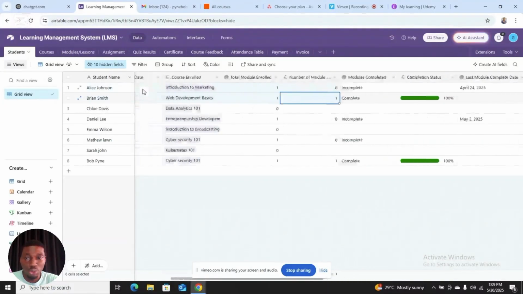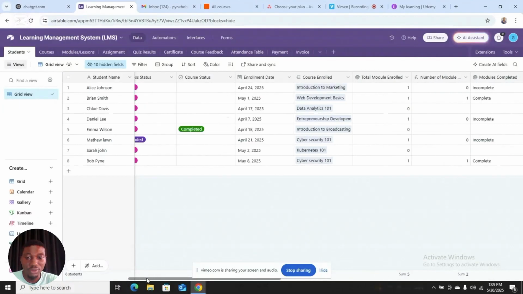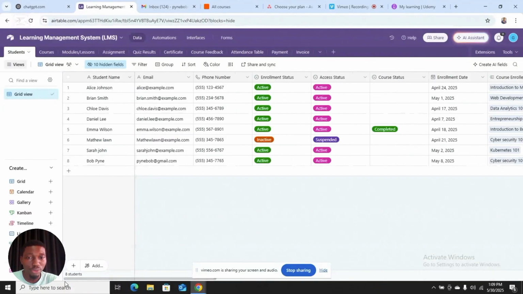So this information here is not my client's information. I got it from the internet. I don't want to share my client's information because that's sensitive information. So the process I'm explaining is what I built for my client, other than some little dynamics, but this is not my client's